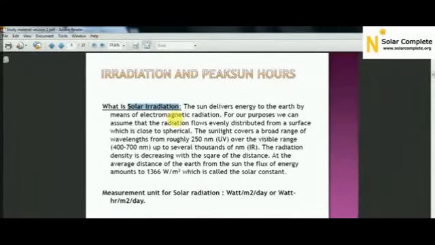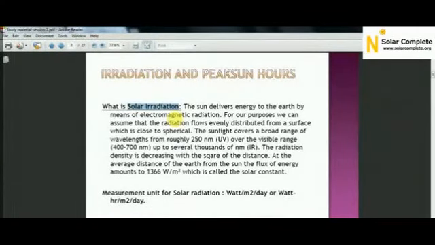Because you know that solar panels in a solar power plant are installed either on the ground, if it is a ground mounted solar power plant, or mounted on a building, if it is a rooftop solar power plant. Rooftop solar power plant you might have seen somewhere. On a building, solar panels are installed and a complete solar power plant is set up, and that building is utilizing solar power for running its appliances.